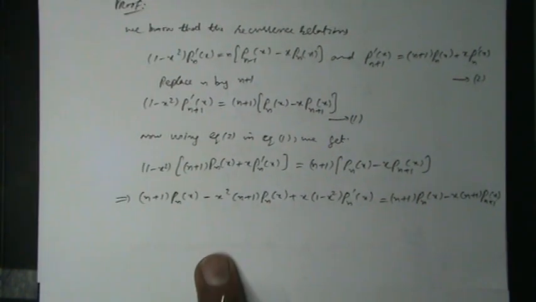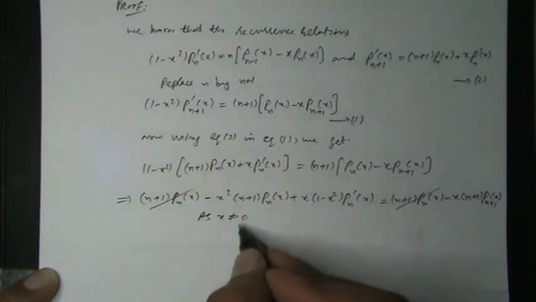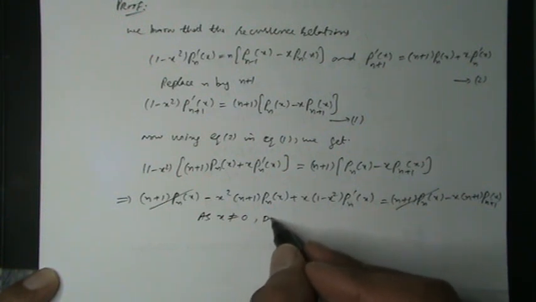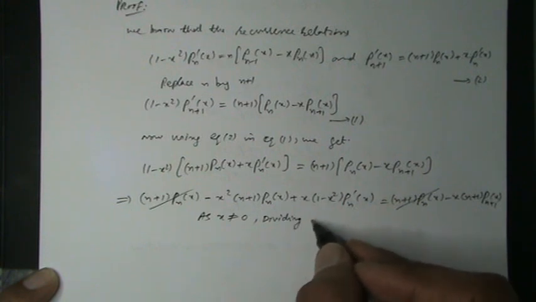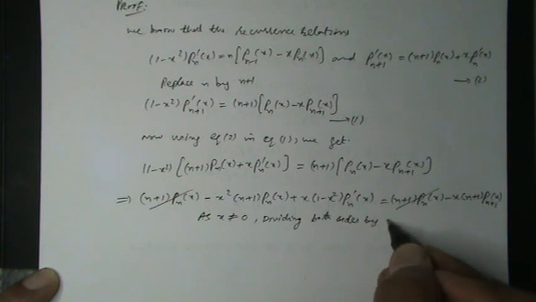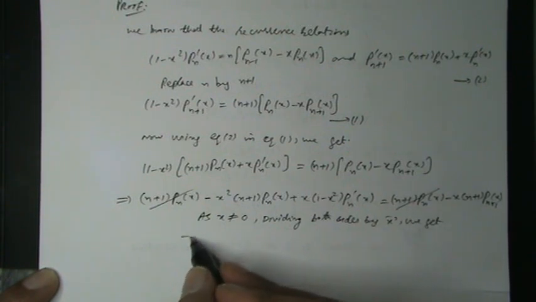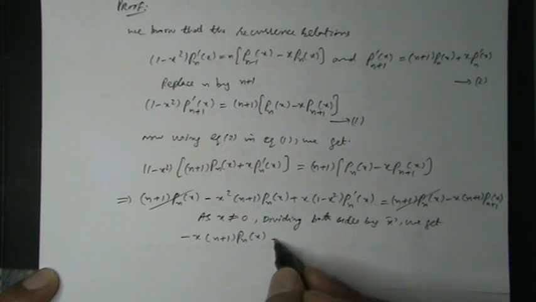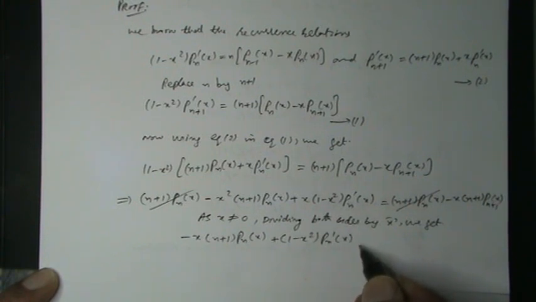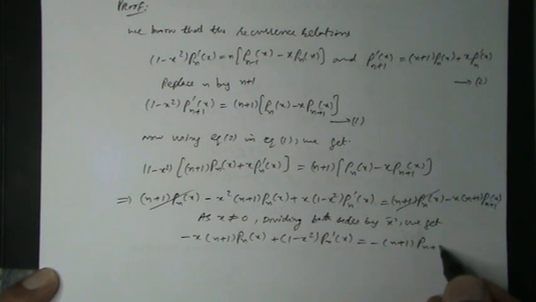Cancelling the term, this term will cancel with this, and as x is not equal to 0, dividing both sides by x, we get -x (n+1) Pn(x) + (1 - x²) Pn'(x) = -(n+1) Pn+1(x),